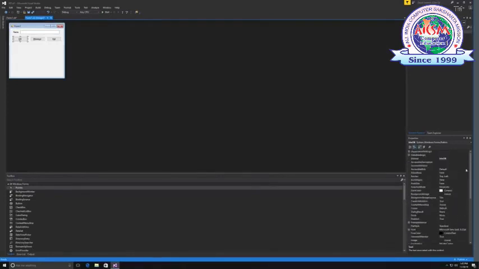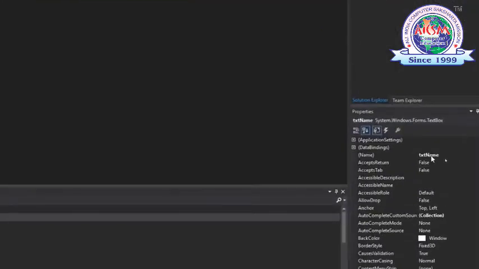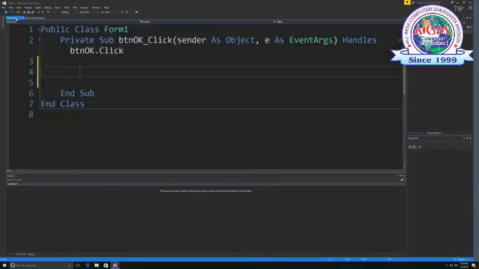And remember that its name is, let's click on the text box. Here is the text box, and its name is text name. So what we want to do is go and get the value that is inside of there, which is going to be the person's name, and we want to change it whenever the button is clicked on. So to do that, we just type in text name dot text, and if we want to change the text that's inside of there, we can say that it will be equal to "hello", put a space,